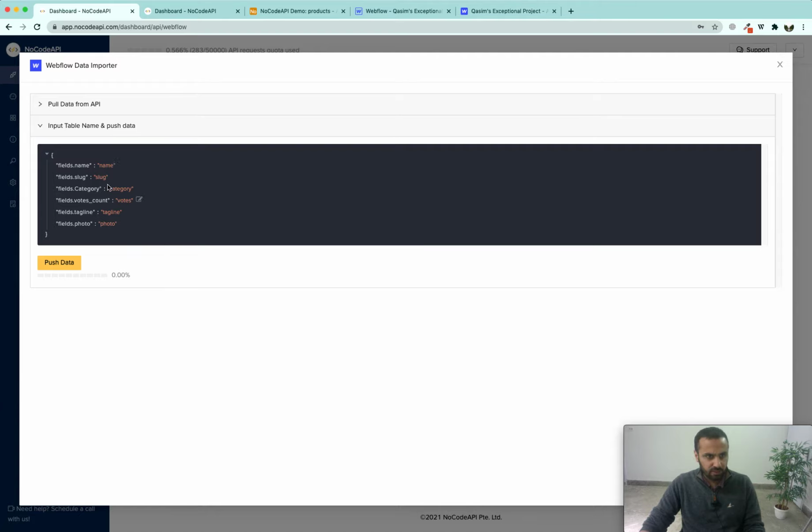So our fields have been properly formatted, so that the imported data's fields.name is going to be pushed to the name field inside Webflow. So click on push data, and it is going to take some time to push all this data to Webflow.